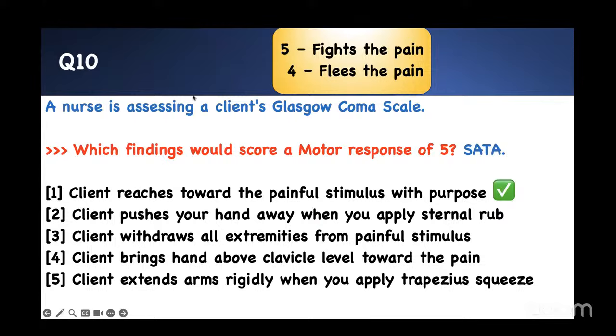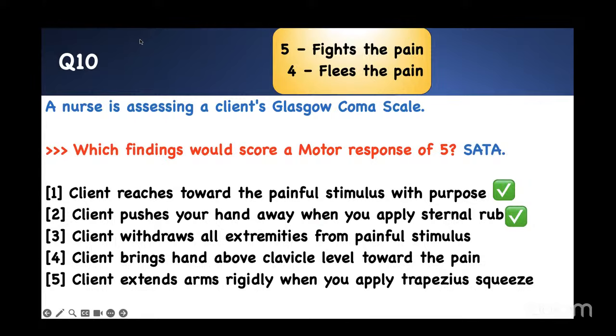But if you feel the pain, that means you just sit there. You are what? Enduring the pain. You are not localizing. Localizing means you're trying to figure out where the pain is coming from. Withdrawing means you feel the pain and you don't do anything. Therefore, number 1, when you reach towards the pain, you are doing what? You are localizing. If you push away, it's the same thing